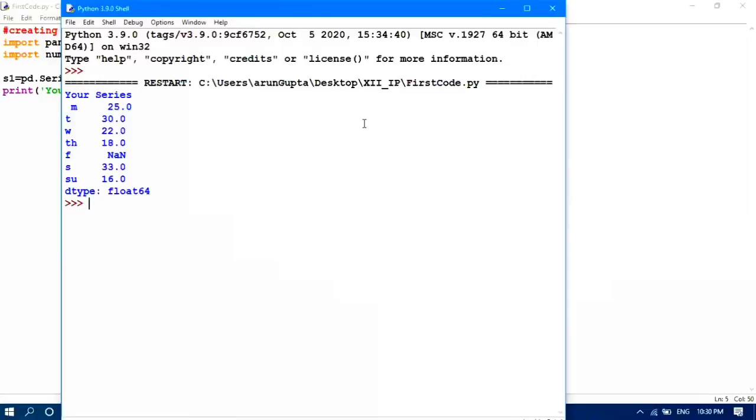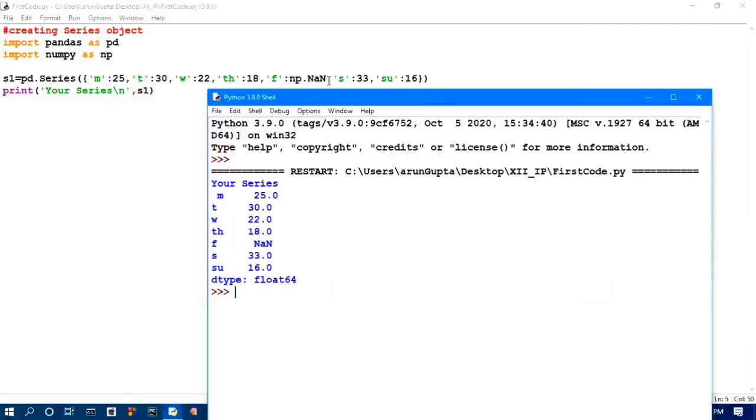So NaN means not a number. We missed that data or anything else like this. So we can add a NaN value, that is, not a number. NaN stands for not a number, and this NaN belongs to the numpy library. So I need to import the numpy library and use np.nan. Like this we can insert